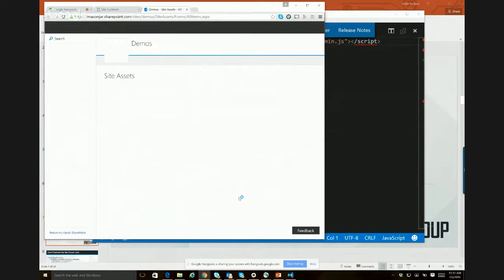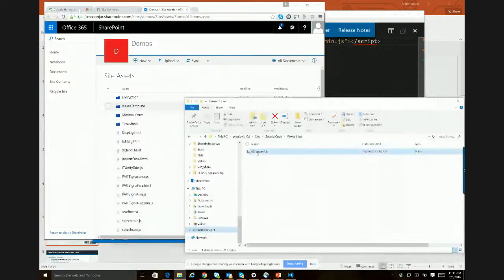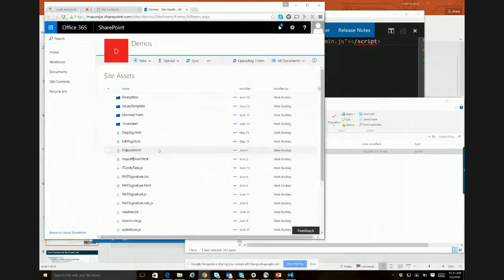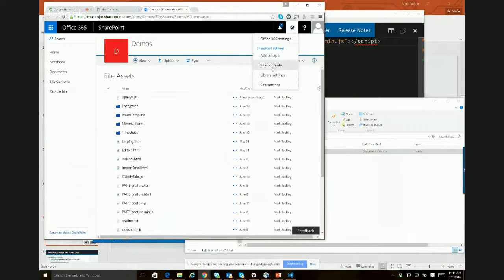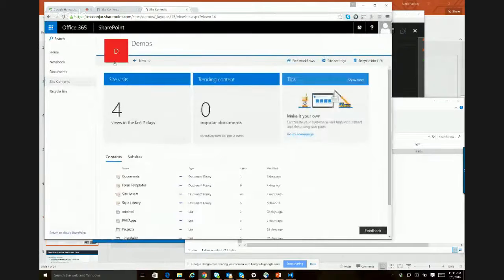So we're in the Site Assets library. I'm just going to drag and drop my file into the library. And so now we've added this file to the library. So now I can come back into SharePoint, go into my site contents, go into my site pages,